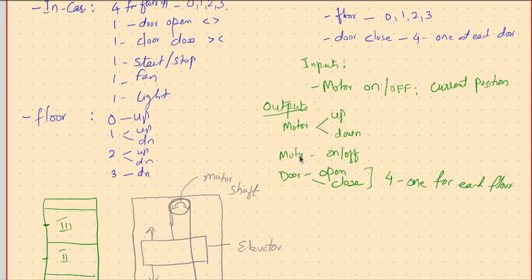One more thing, the motor should be on or off. If you need to move, then keep the motor on. If you don't want to move, keep the motor off. Then you have to tell the door of the elevator to open or close. So that has to be told. Whenever the elevator reaches the required floor and stops there, this output should be generated and say open the door.